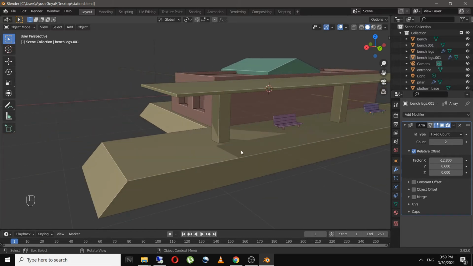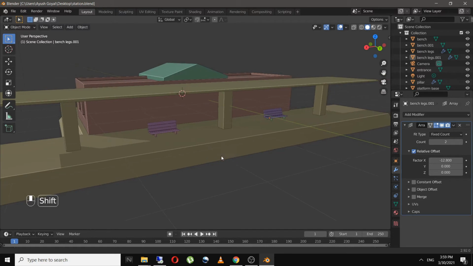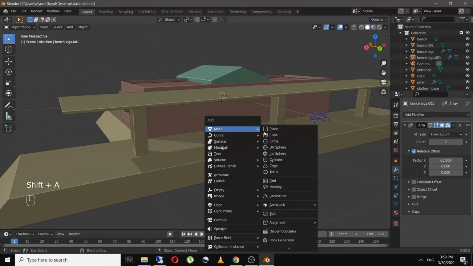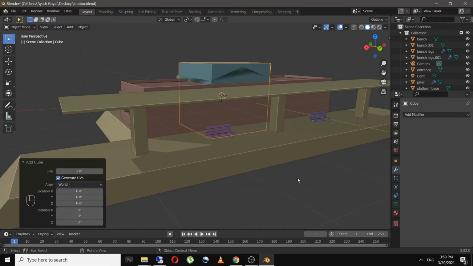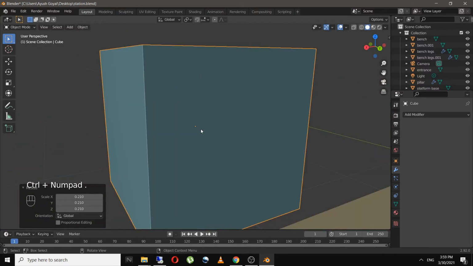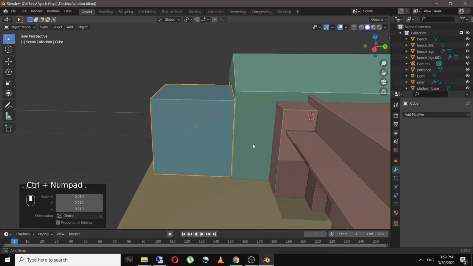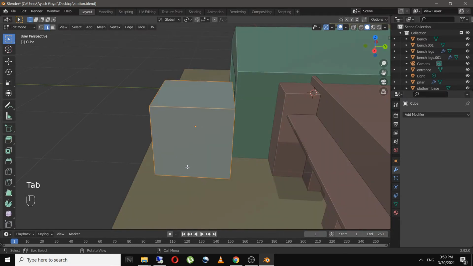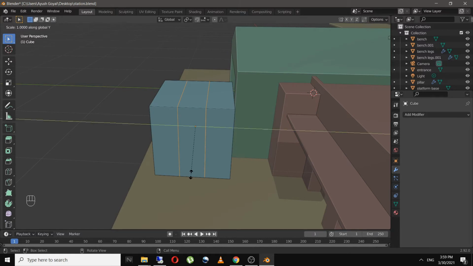Let's add in another prop in our scene. So for that, go to add mesh and cube, place it over here and scale it down. And now in edit mode, I'll add in two loop cuts over here and scale them on the Y axis.